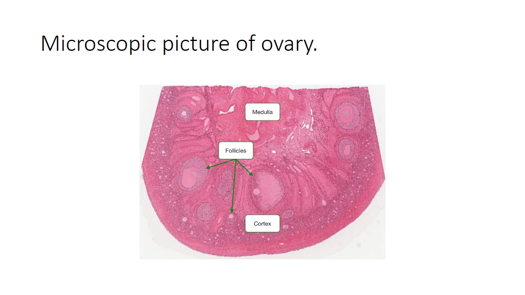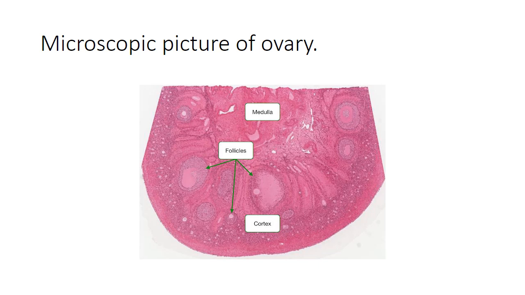In the peripheral part of the parenchyma, there are immature follicles. As the follicle grows, it moves towards the center of the ovarian cortex. So in the periphery you are seeing small areas which are the primordial follicles, and the growing follicles are present towards the inner part of the parenchyma. Please do remember, this is an MCQ question, where are the primordial follicles located in the parenchyma. As the follicles mature, they move towards the deeper part of the ovary.